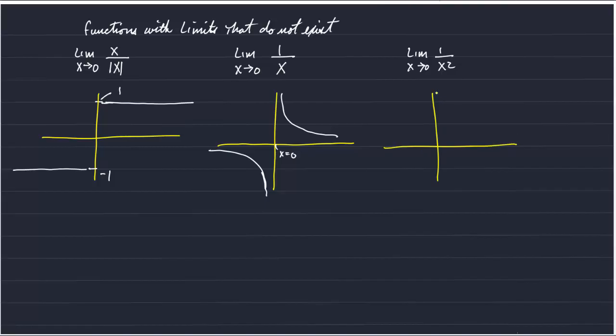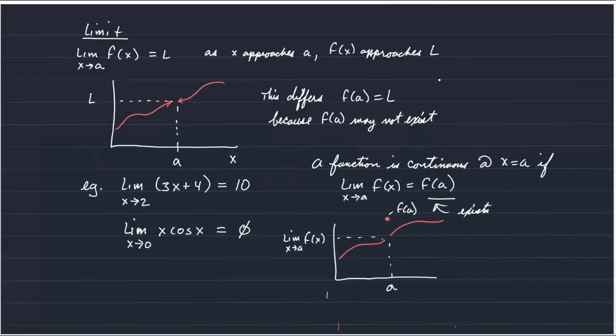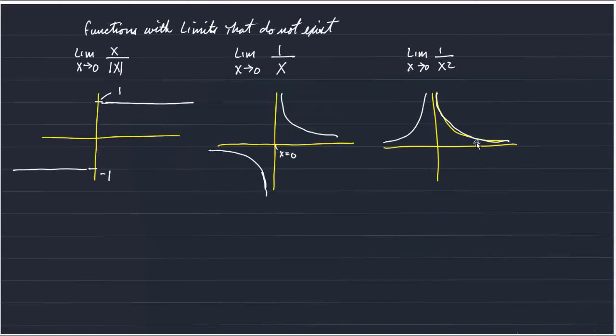And that is always positive. Draw it with my white pen there. It's always positive, but again, as x approaches 0, there is no limit. Okay, so those are some examples of limits that do exist and some examples of limits that do not exist. Let's talk about some behaviors of limits,